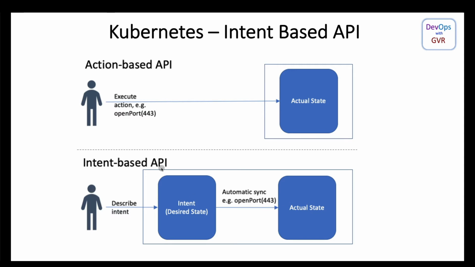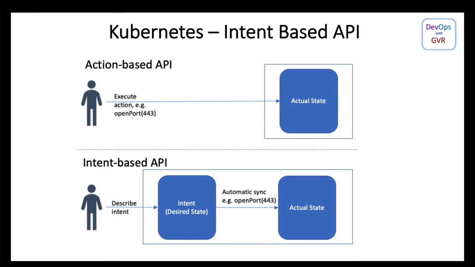That's action based. But in Kubernetes, it's an intent based API. Meaning, in Kubernetes you define the desired state. If you look at any deployment.yaml file, in the deployment you specify what you want. I want one replica. I want the image name to be Nginx. I want the label to be this one. You specify it in the deployment YAML and just run kubectl apply. That means you are just specifying your desired state, what you intend to do. That's it.